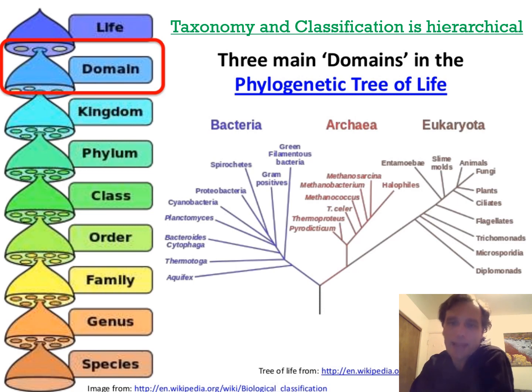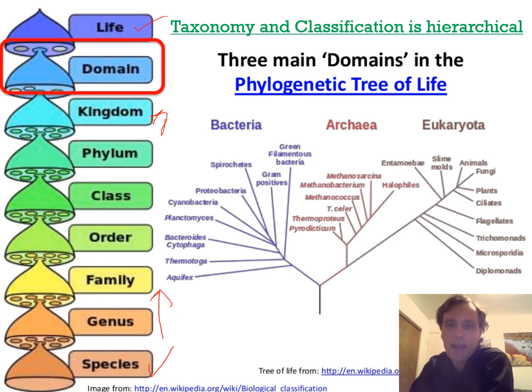Next topic is taxonomy and classification. It is hierarchical. What does that mean? It means that we go from very general, such as is it alive, to very specific, such as what species is it? Is it a dog or is it a cow? And then everything in between is, going up, we're getting more and more broad. For example, kingdom. The kingdom, you can maybe remember that from high school. There's 4 of them, plants and animals and fungi or protozoans. So those are very general, and then species is very specific.